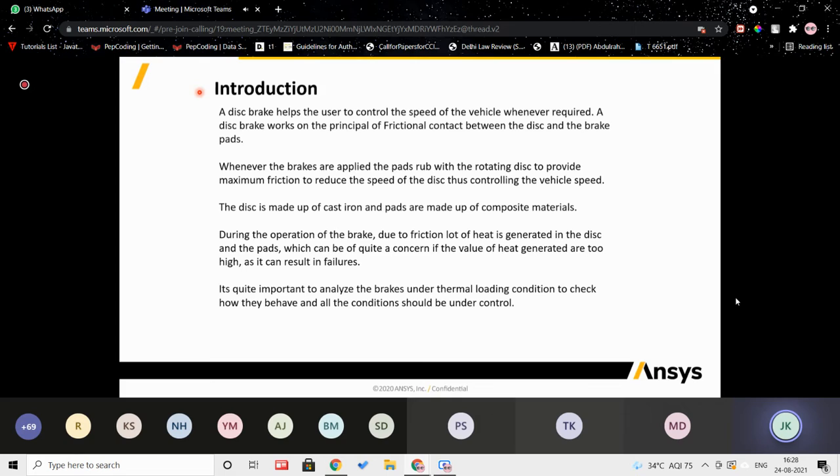The disc brake mainly works on the principle of friction. To reduce the vehicle speed, friction is established between the tires and the disc brake, and the vehicle speed is reduced. In that scenario, a large amount of heat is generated and the disc brake will be heated up, because it is made of cast iron, or sometimes of composite material. When the temperature becomes very high, that leads to failure of the disc, failure of the brake, which has a very negative consequence on your design, right? So can you go to the next slide?